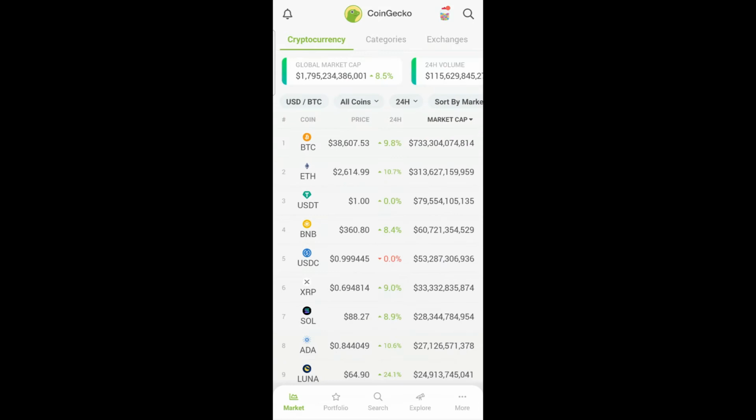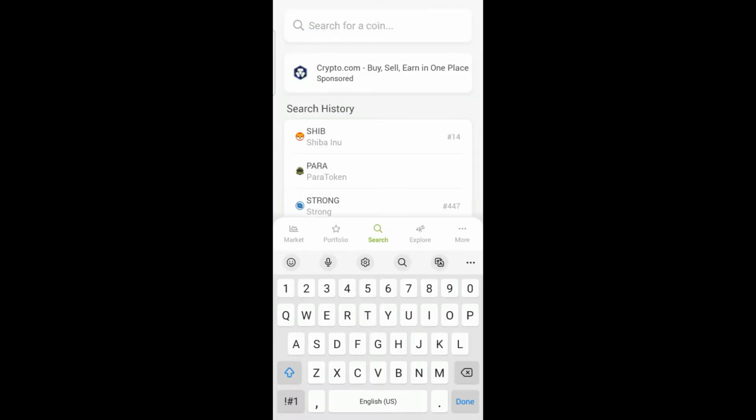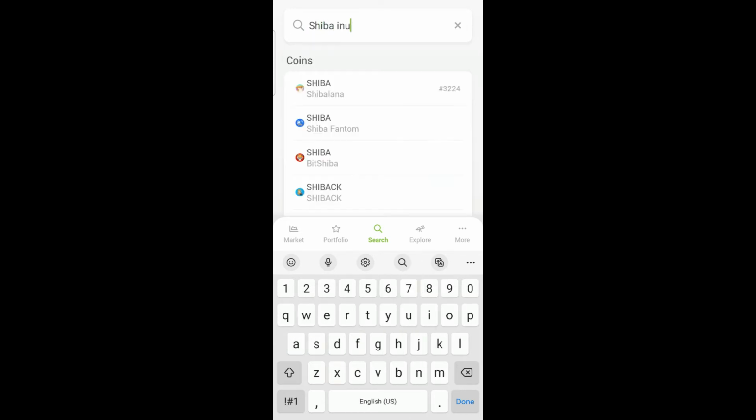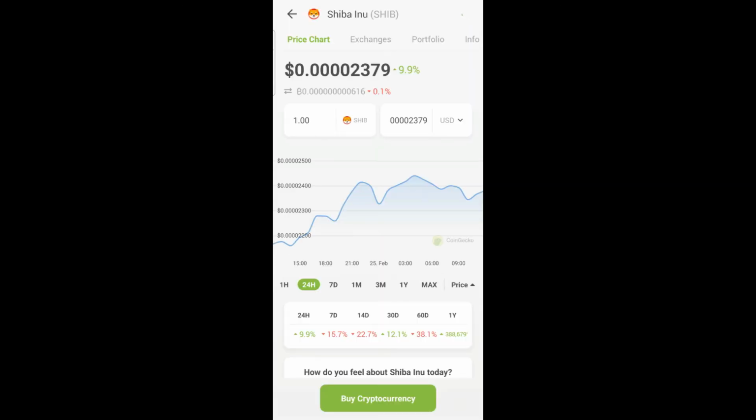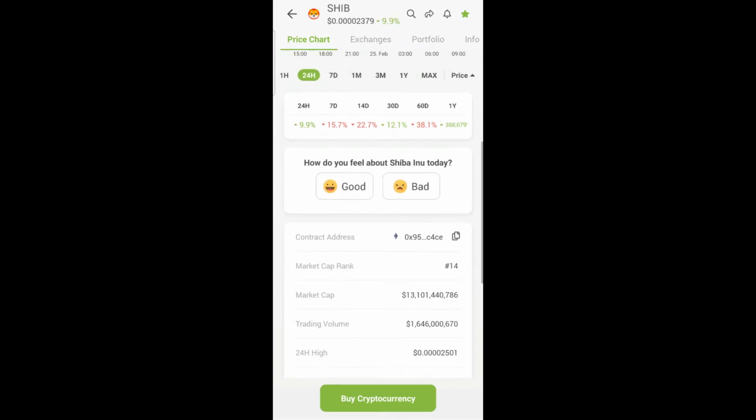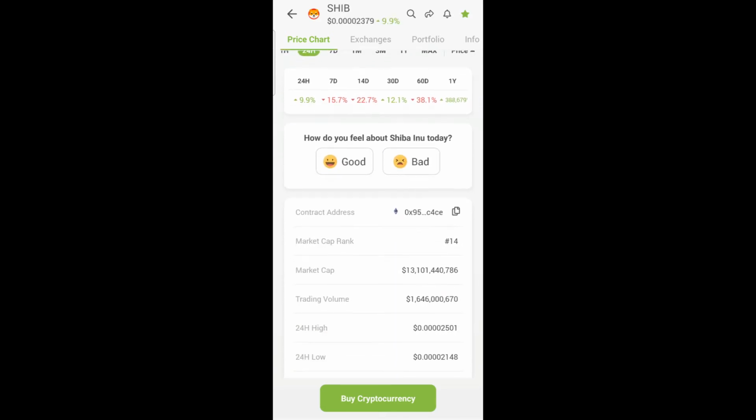Find your token or just go to search and in search bar type token that you want to buy. For example, search for Shiba Inu because it's so popular these days. You will see it on the list, click on that. Here you will see all information. Here is the contract of token